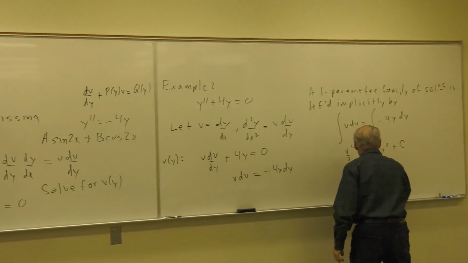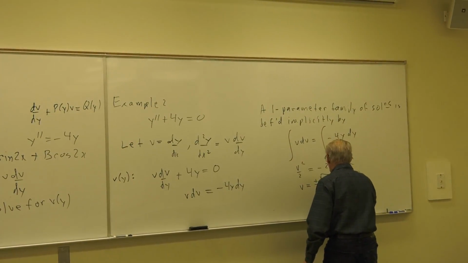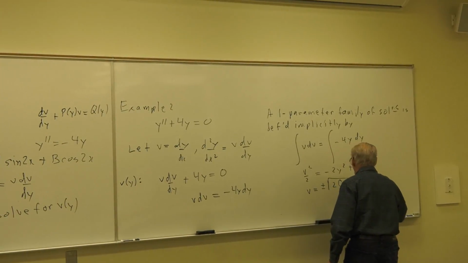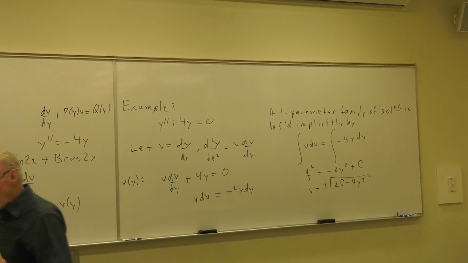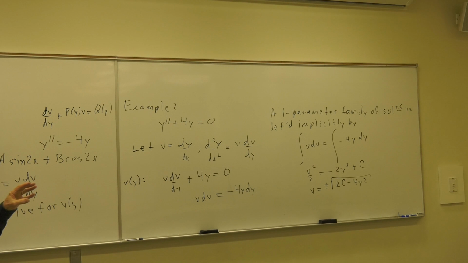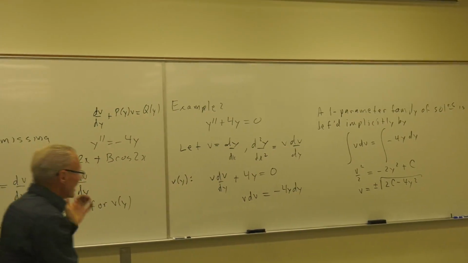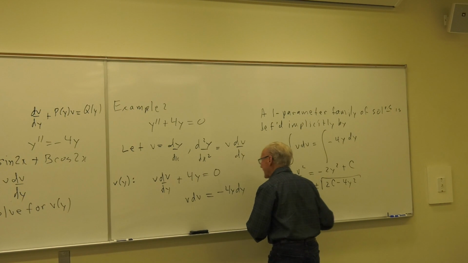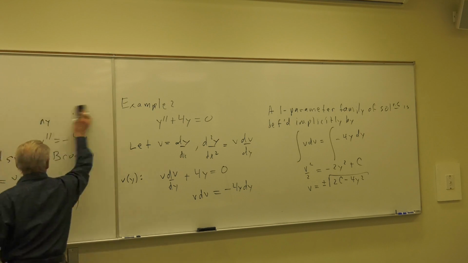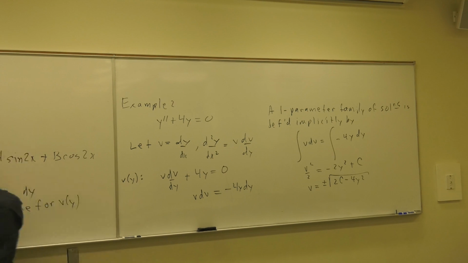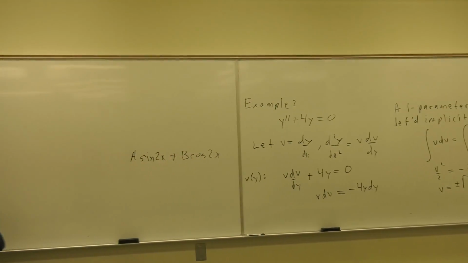v is equal to plus or minus the square root of 2c minus 4y squared. Up with the 2 and take square roots. There then are explicit solutions of that differential equation. And what are we going to do? We're going to put this equal to dy dx, because that's what v was, dy dx. So we will have, let's leave that there because that was what we're expecting. dy dx